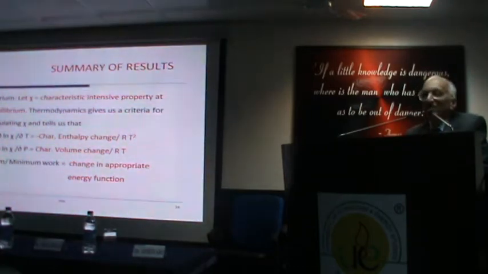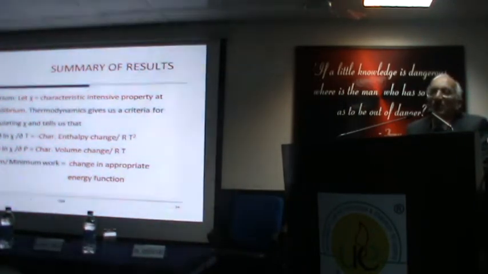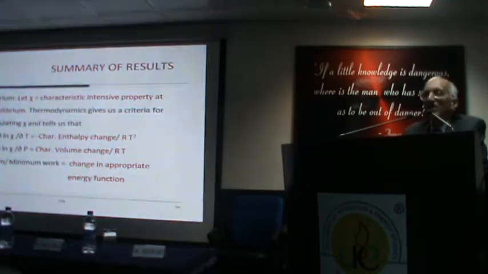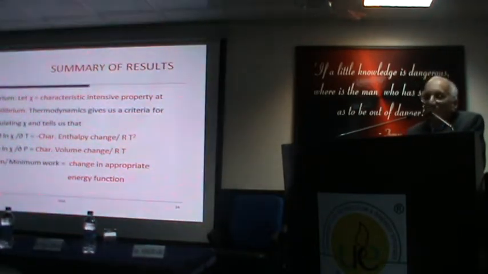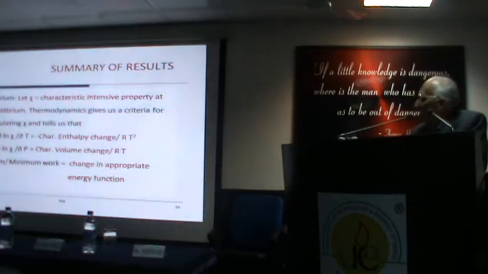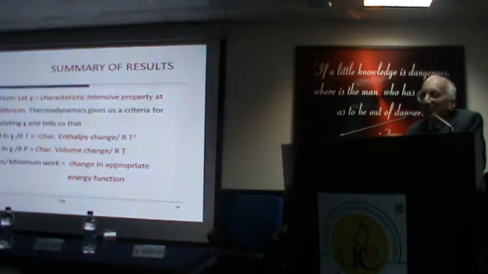So results in thermodynamics can be very confusing because you can do different systems and you will get very similar looking results. In fact, the first equation, when you turn it upside down, you can also ask what is the freezing point depression of ice, because you are doing delta T by delta log of the composition, and you can ask what happens when the composition is 1 and what happens when the composition is slightly different, and you can get results on it. So ultimately, once you manipulate these equations a few times, you get sufficiently familiar to be able to do this with the T. But it's a remarkably simple subject once the fundamentals have been worked out. And again, the maximum or minimum work is a change in the appropriate energy function. That's the other result that's important.